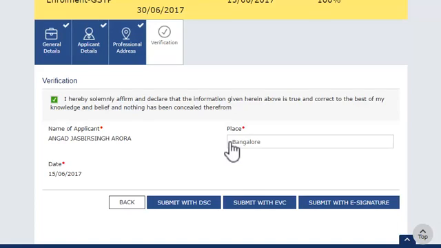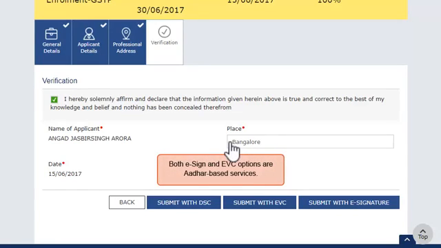Alternatively, the application can be submitted using the e-sign or Electronic Verification Code (EVC) option. Both these services are Aadhaar-based service and require you to have the mobile phone number registered with the Aadhaar database handy. In case of EVC, you will need to enter the OTP for authentication.